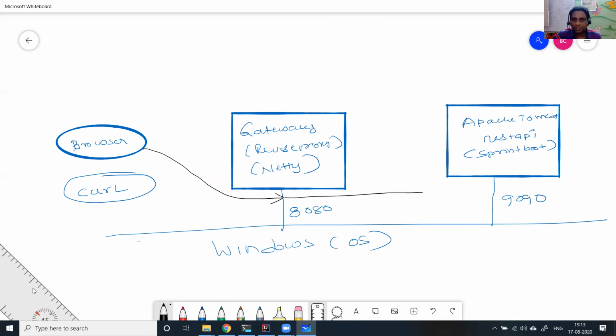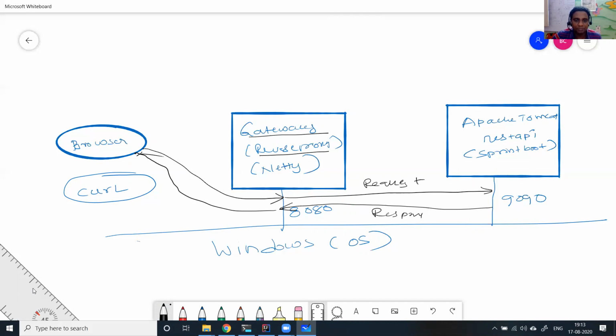Netty is going to forward those requests to Tomcat, and Tomcat is going to serve the response back. So this is the request, and this is the response, and the served response is given back to the browser. Here gateway is one terminology; we call it a gateway or reverse proxy. Netty is playing the role of a gateway, and here I have a REST API. This is my architecture.